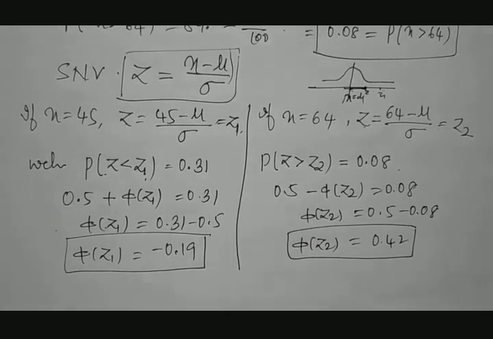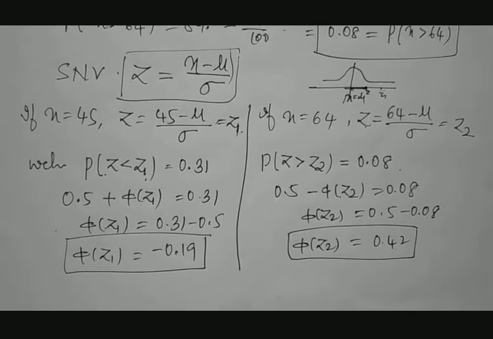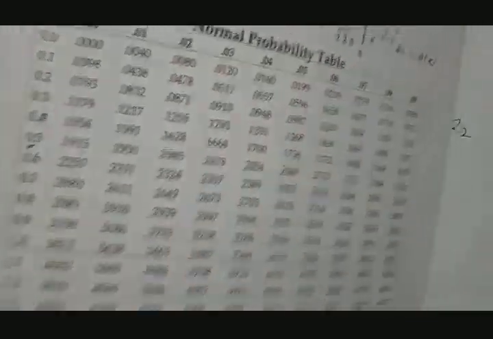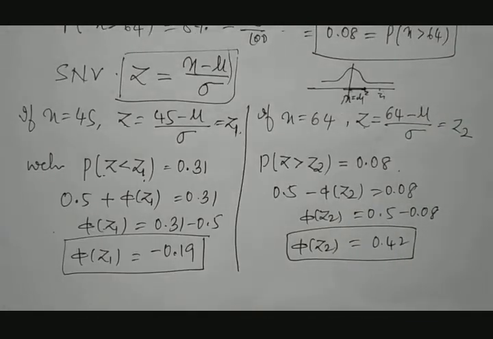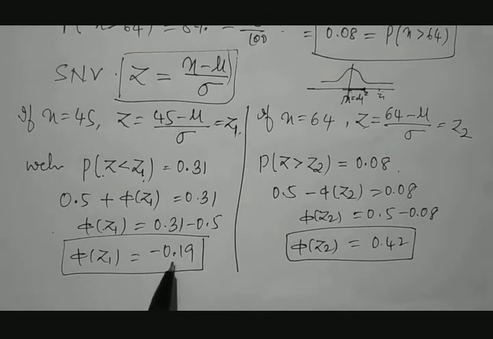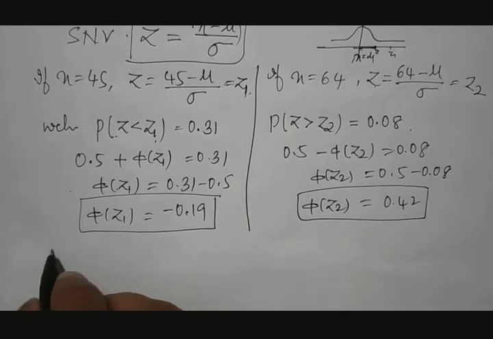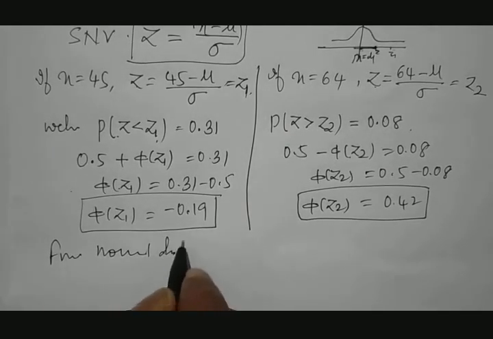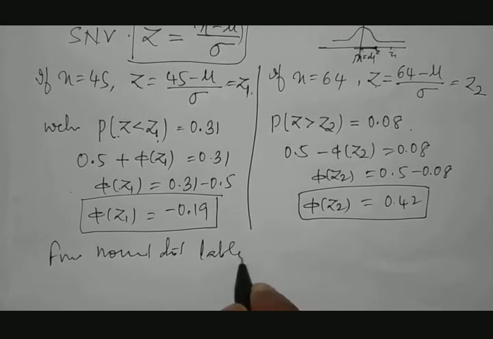Please do remember, when we have a habit of reading the normal distribution table, we take the values and read vertically and horizontally. But here the case is different. Normally we read the table to get pi of z, but here pi of z is already given. So we need to go with the reverse case now. So what to do? From the normal distribution table, how to read?